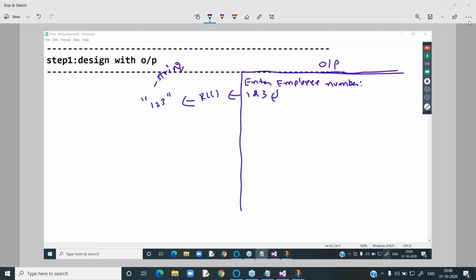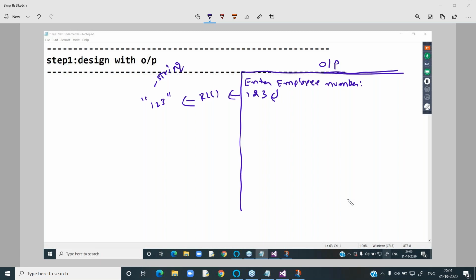Employee number should be which type? Employee number will come under which data type? Think twice and thrice. We have discussed data types very clearly. It can be 123, it can be 1 lakh 23, it can be 10 lakh 456 also, right? We discussed that day also. Some say long, some say ulong. Be unique in the answer.